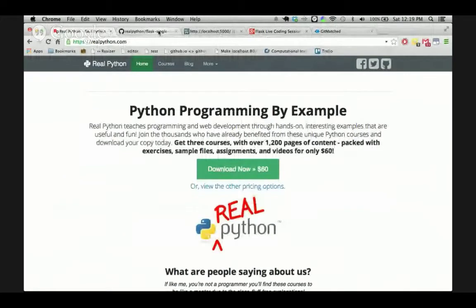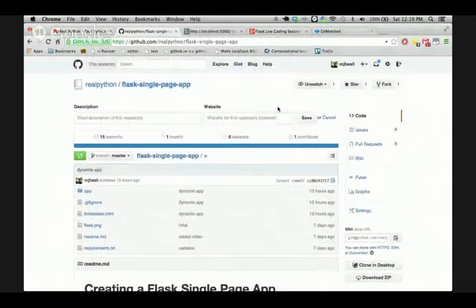Okay, well, we're going to jump right in, and let me go ahead and share my screen here. Okay, so today we're going to be taking this little static Hello World app that we created last time and bringing it into the world of Web 2.0 by making it dynamic.